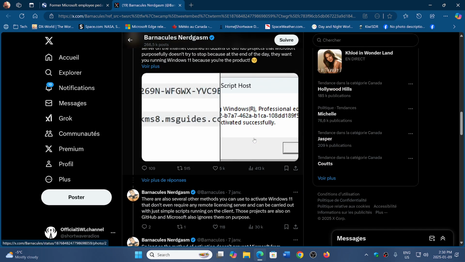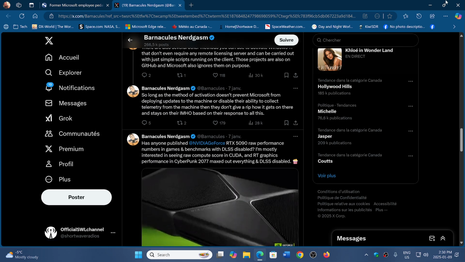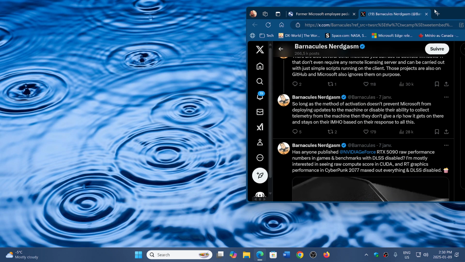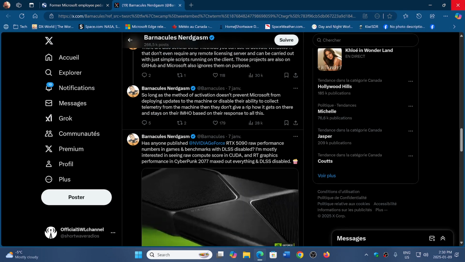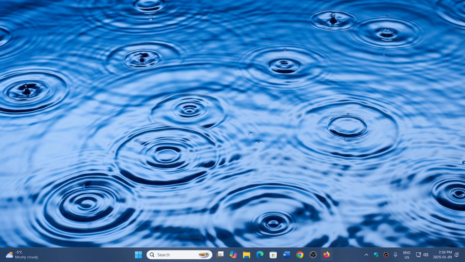And so he's going on and saying, well, you know what? Microsoft doesn't care, because there are ads in Windows 11, and they're making money off of you anyway. So this is why Microsoft isn't really going after pretty much all the bad guys. They figure, well, I want you on Windows 11 anyway, and you are seeing ads, so we're getting paid.